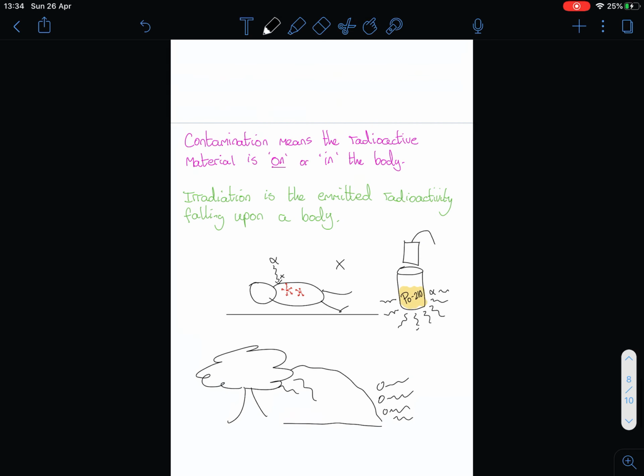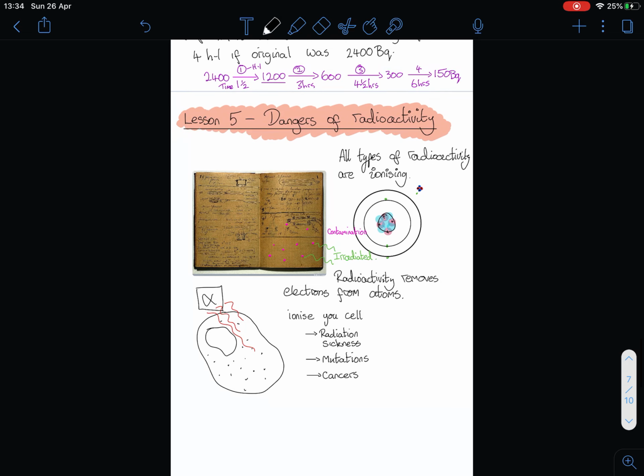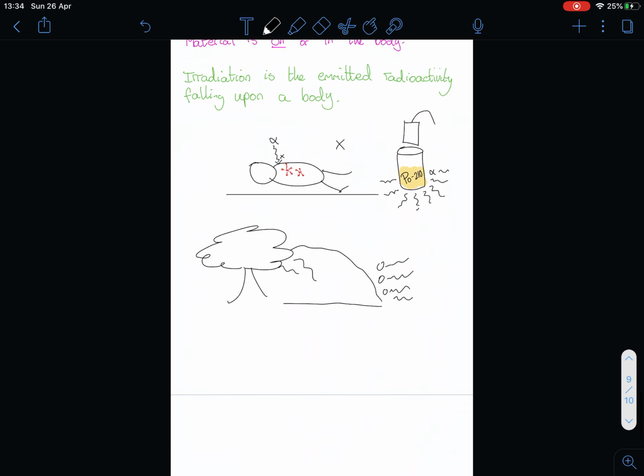I can't recommend Chernobyl enough. I tell you, it's amazing, particularly if you understand what all the dangers are. So that's dangers of radioactivity. A nice cheerful